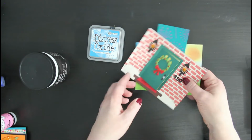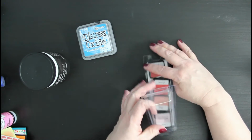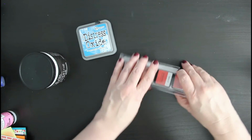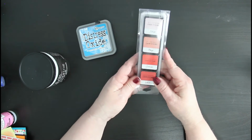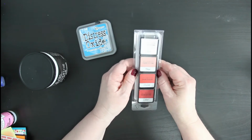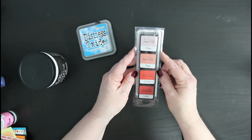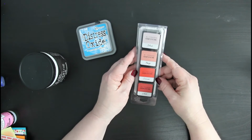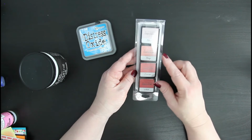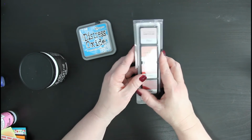And then last but not least, these little cubes, especially from Altenew. These little cubes, and they're not all turned around the right way, so let me turn them around, range from a light color to a dark color. And I love these cubes because I can do a lot of techniques like I showed in my favorite five craft supplies for my craft room for the crafters' Christmas gifts. I just love this. I can add different layers or just use one of the colors. So this is another great option for you to check out, and I'll link some colors below. I recommend